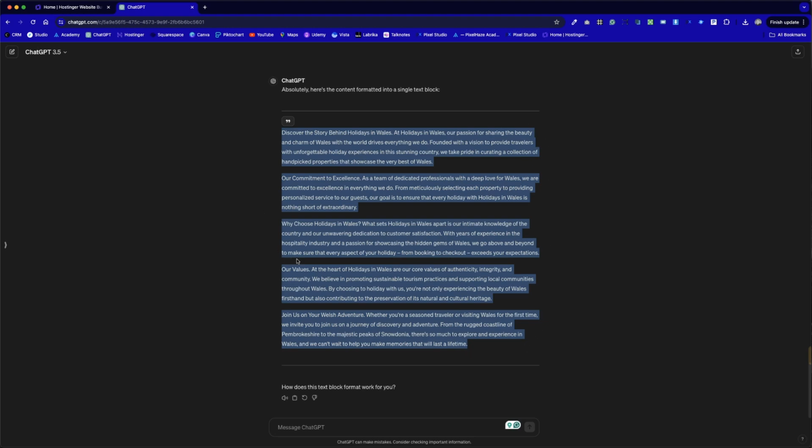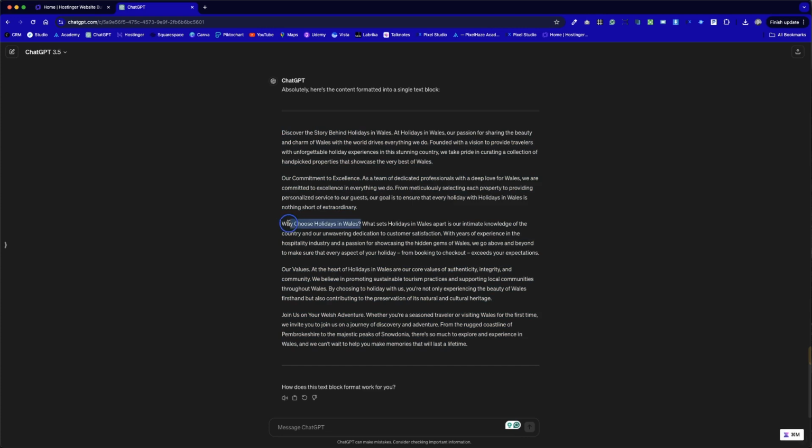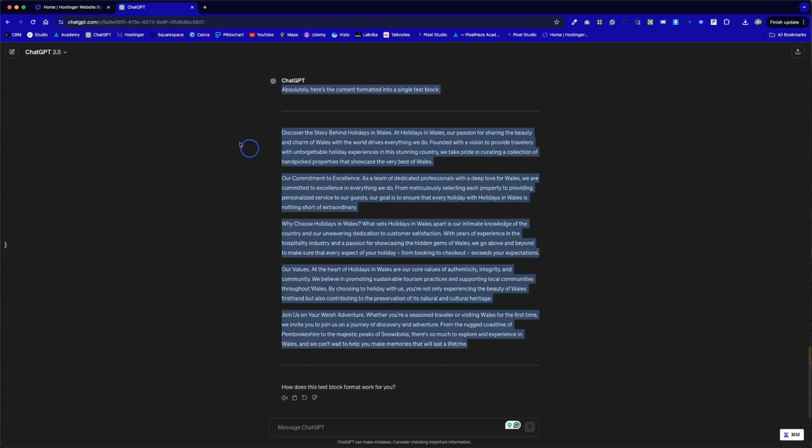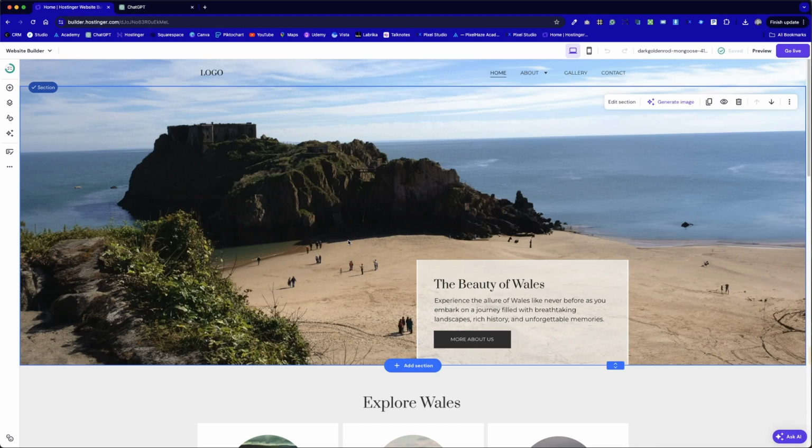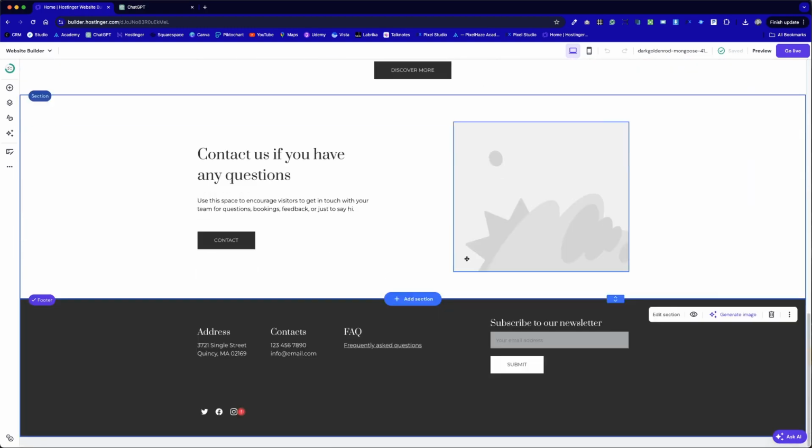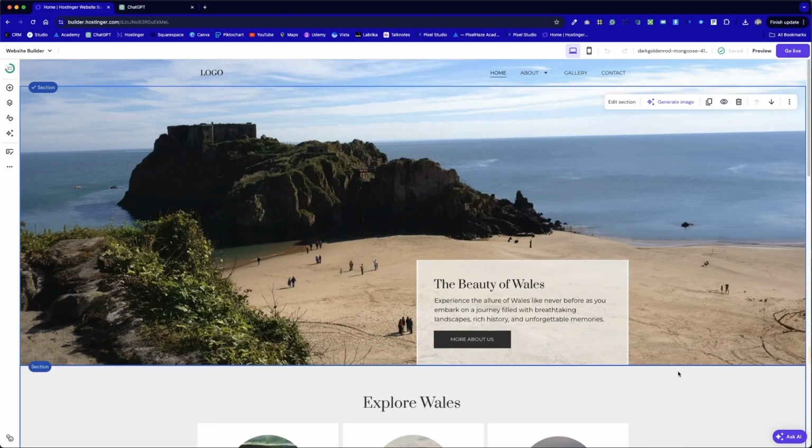I've even asked it to remove the subheadings, although it's not quite done that because it's still put essentially subheadings in place. Just visually, it's all part of a simple paragraph structure. So we're going to take this content and bring it across into our demo site that we're building in the Hosting a Website Builder. And we're going to make it look more like this format where we break up the page section by section. And I'm going to show you a few tips in this deep dive how to make the most of simple